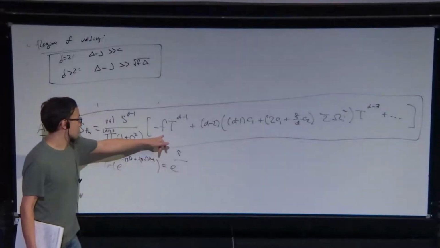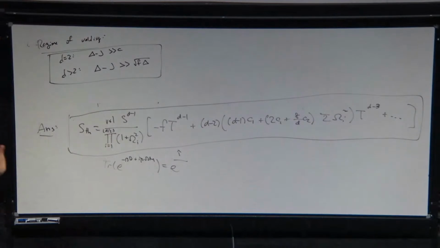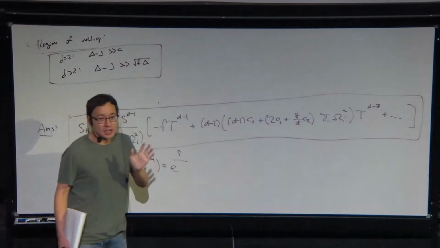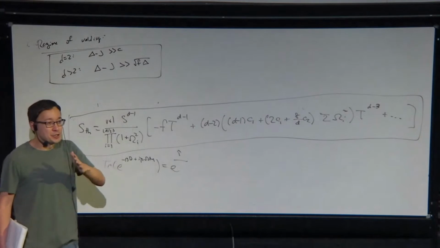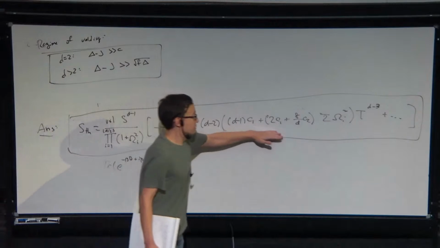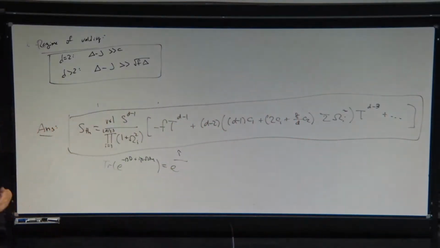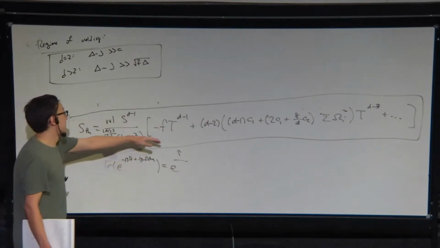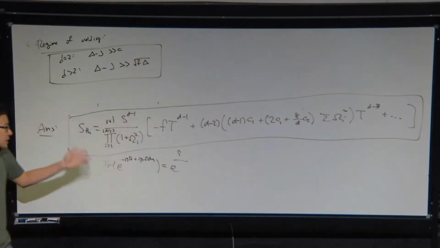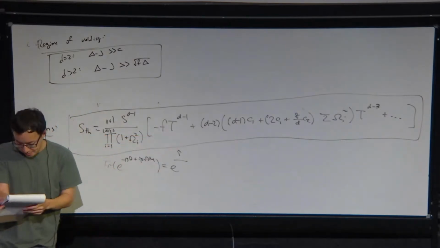And by tuning this parameter, we're able to get within a couple of percent if the temperature is, quote unquote, a moderate value. You have to be a little bit careful because you can't make the temperature too big or too small. If the temperature is too small, then it doesn't make sense to truncate the effective theory. But if the temperature is too big, then the fact that only operators up to dimension like 10 have been bootstrapped makes the partition function a very bad approximation. But for moderate values of the temperature and the chemical potentials, we get a pretty good estimate for the partition function with just this leading term, to the precision of a couple of percent.